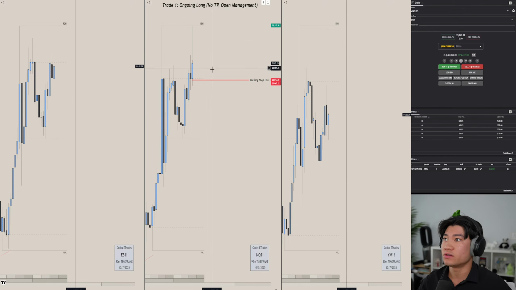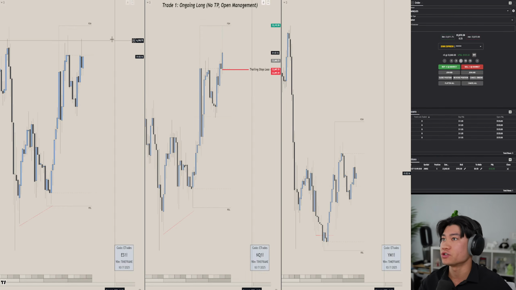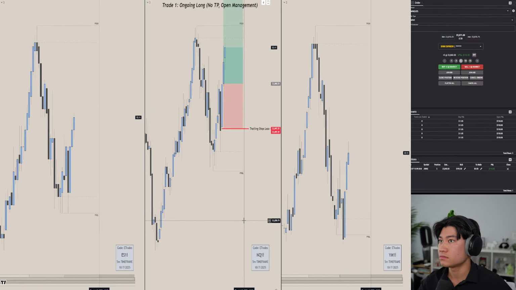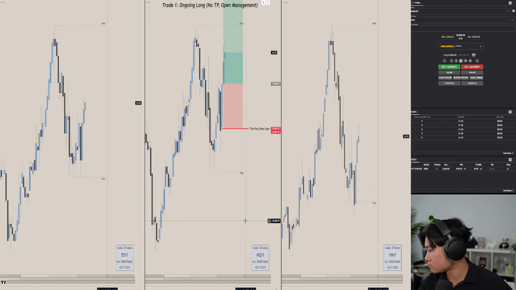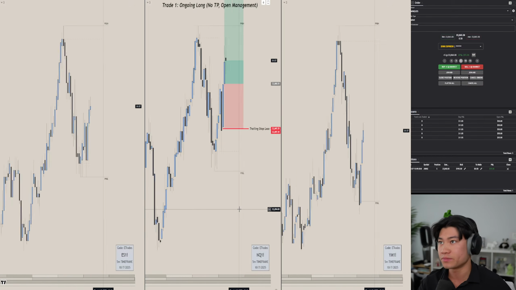As of right now, my eyes on previous day high. If price does continue to go higher past that point, right now I have an open TP, so I'm not necessarily going to take profit at previous day high. I'm going to let it run and see how price develops, and I'll manage my trade from there on. Can you please explain the logic of your trade? So I just explained it. Yeah, there you go.